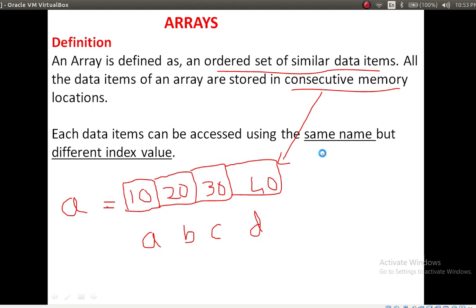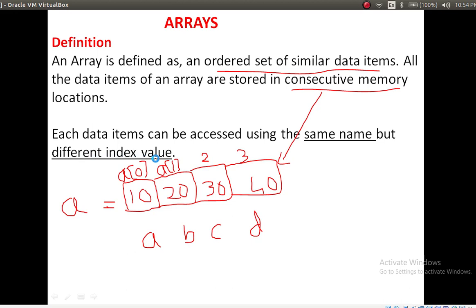We can access them using the same name A and a different index value. I am representing the name of the array, A, and the index value 0. An array starts from either 0 or 1. Now I am taking 0, then index 1, and here 2 and 3.